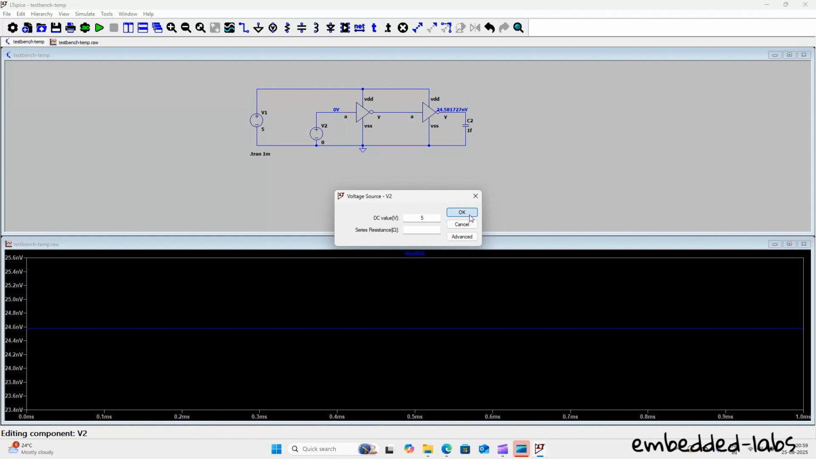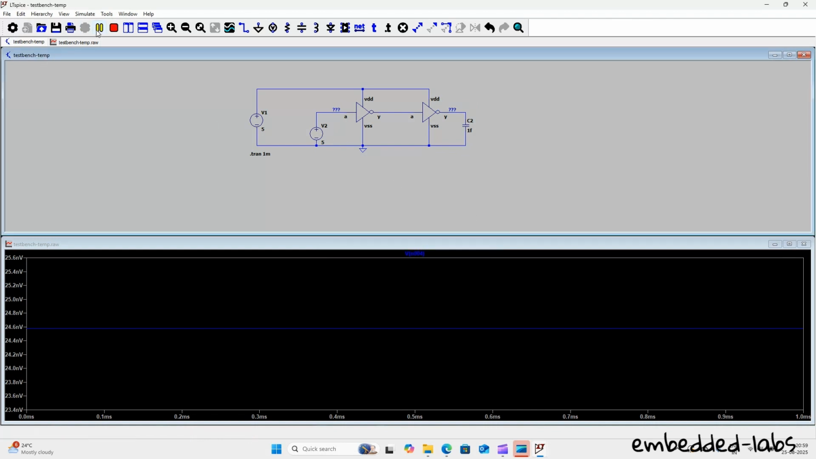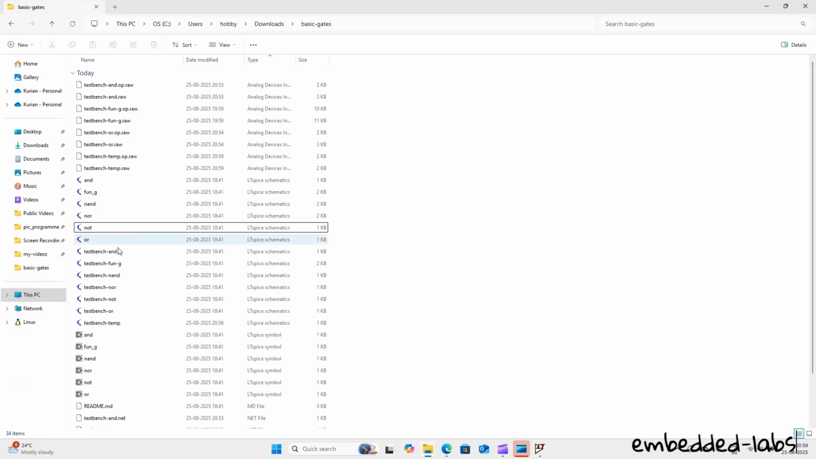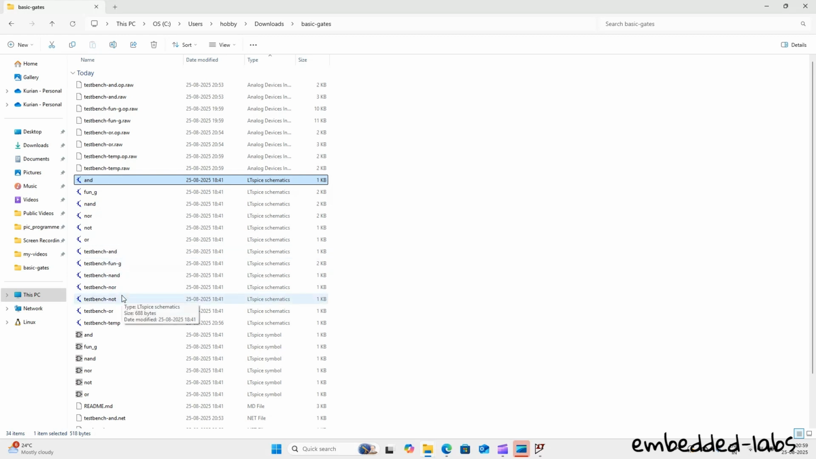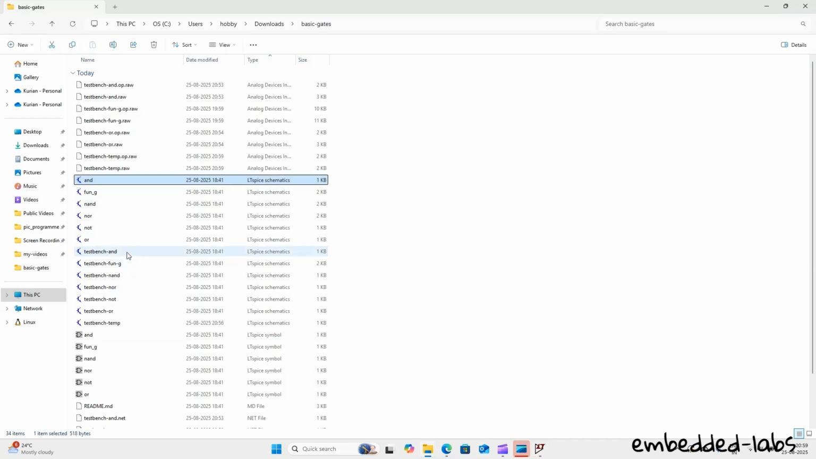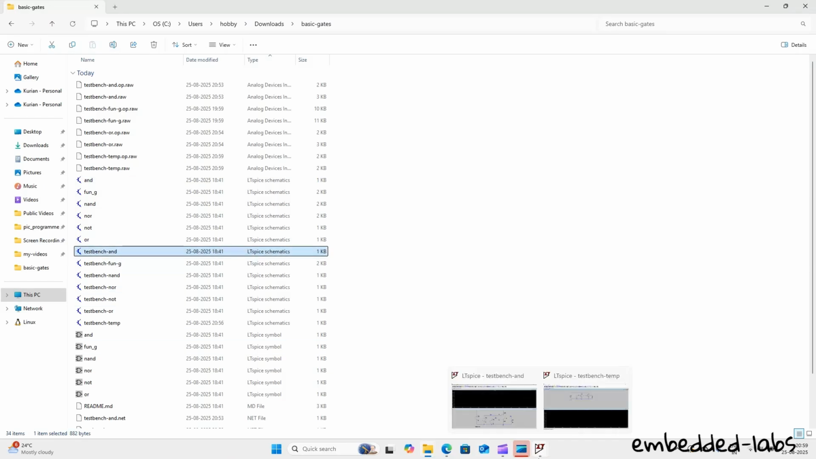If I change this to 5 volt, and when you do the simulation, what you get is 5 volt. So in short, the folder here has basic gates which are already defined. We have the AND gate, NAND gate, NOR gate, NOT gate, and OR gate. If you want to test these gates, you can use these test benches which have been created. If you want to create a combinational circuit, you can open any of these test bench and save it,